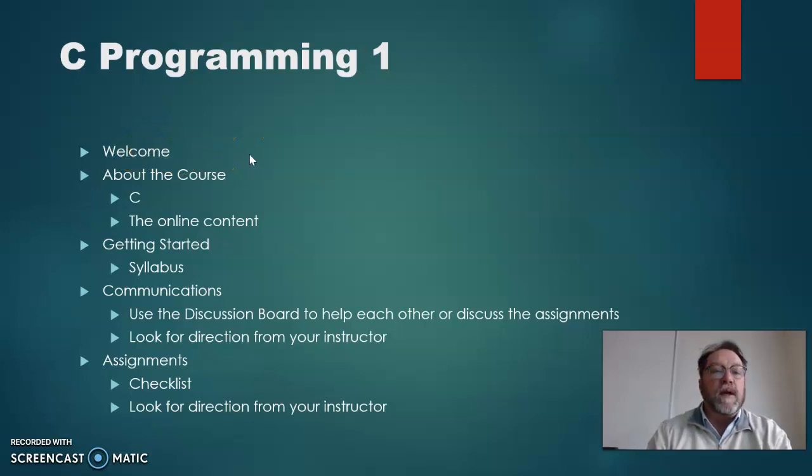Again, if you got to this point, you have probably gotten past Programming 1, Programming 2, object-oriented databases, and so on. We congratulate you. You're now ready to partake in a little more advanced study in regards to programming here at Cincinnati State. C Programming 1 and C Programming 2, I should say, are courses that we're very proud of here. I think they really help you become a much better programmer when it's all said and done.